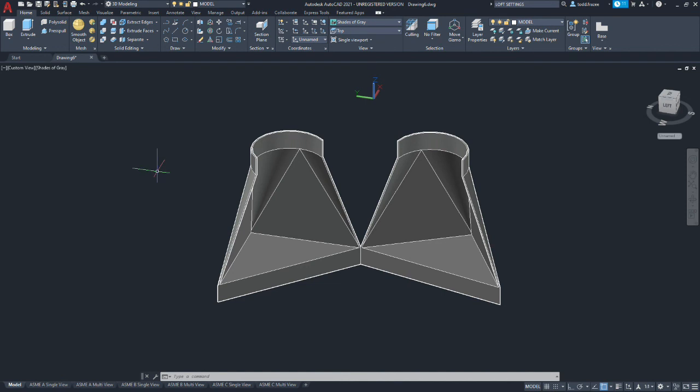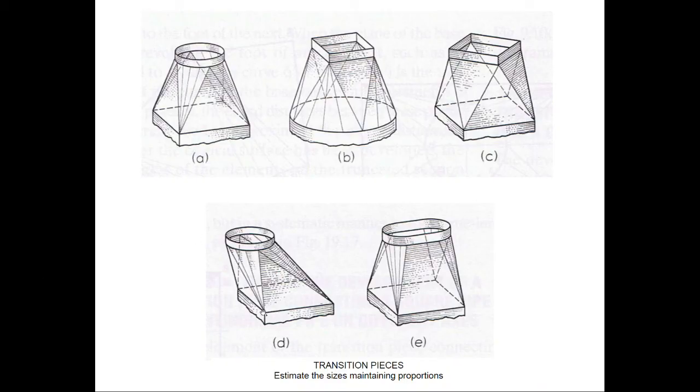You're going to upload a DWG on the assignment, but you want a separate DWG file for the A, B, C, D, and E. A, B, C, D, and E should have all separate files, so probably call them transition piece A, another DWG for B, C, D, and E. And you can upload multiple files in Canvas, but to get the full credit, you need to have all 5 of those made. We're going to move on to the next one, which is B, so I'll catch you on the next video.